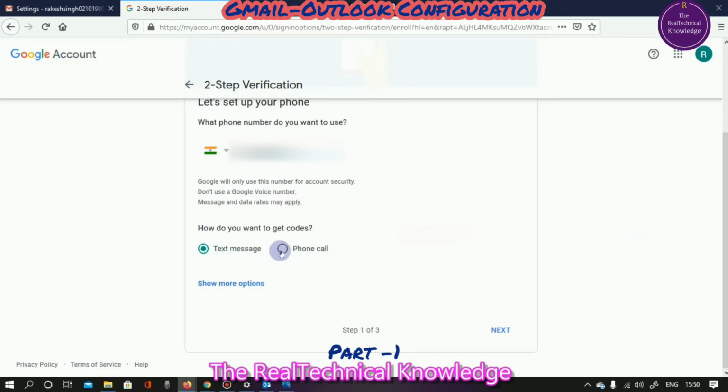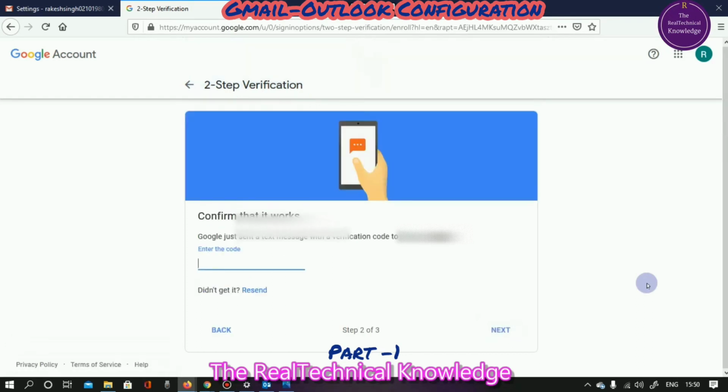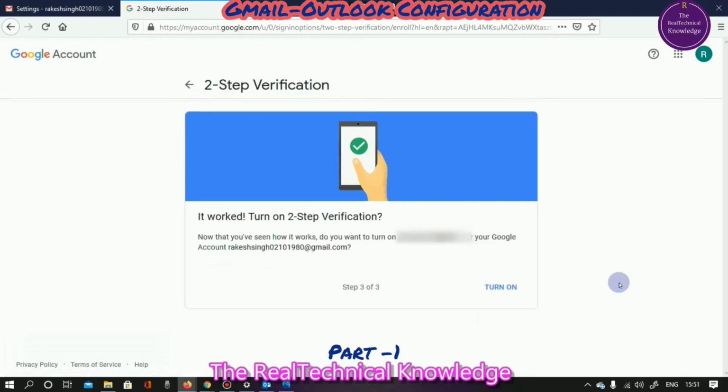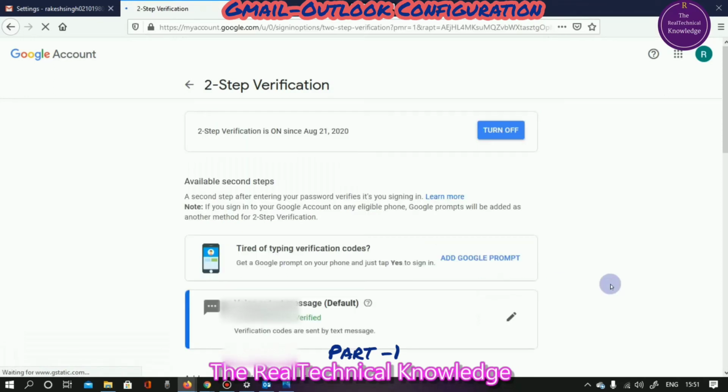I am choosing the text option, so that Gmail will send a text message to you with a code that we need to enter in the next window. You need to wait for 15 or 30 seconds. Now I have received a code. I am putting the code over there. After entering the code, we need to click on next. Gmail will validate your PIN. Then click on turn on. After successfully enabling the second